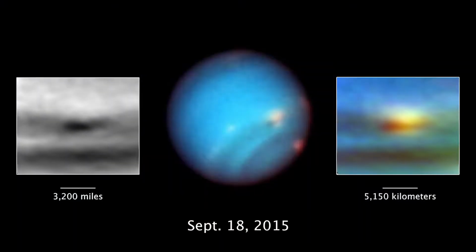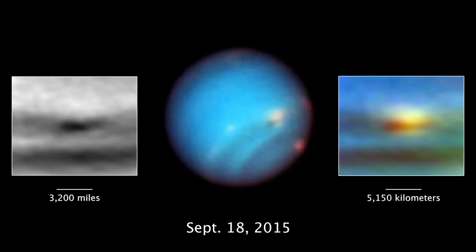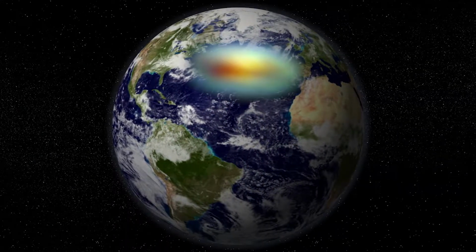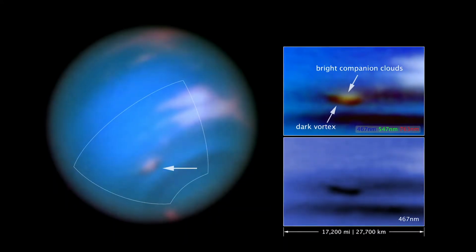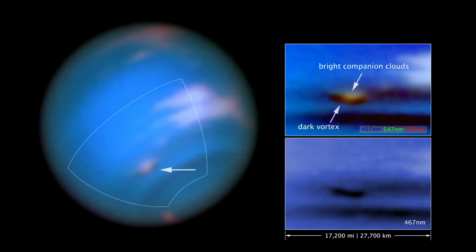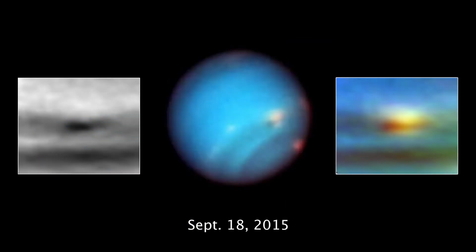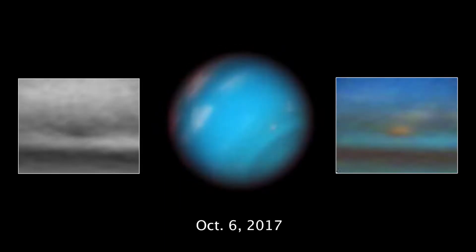In the first image from 2015, the storm is over 3,000 miles across, big enough to stretch across the entire Atlantic Ocean from Boston to Portugal. The storm is dark in blue wavelengths, but overshadowed at green and red wavelengths by nearby companion clouds. The contrast of the dark vortex faded quite a bit by late 2017, though the feature was still over 2,000